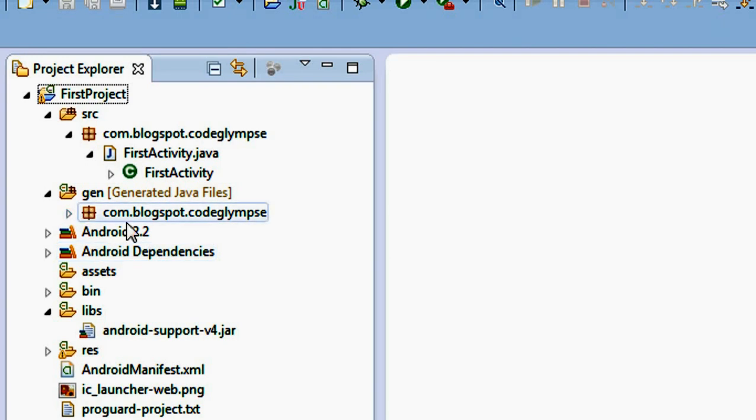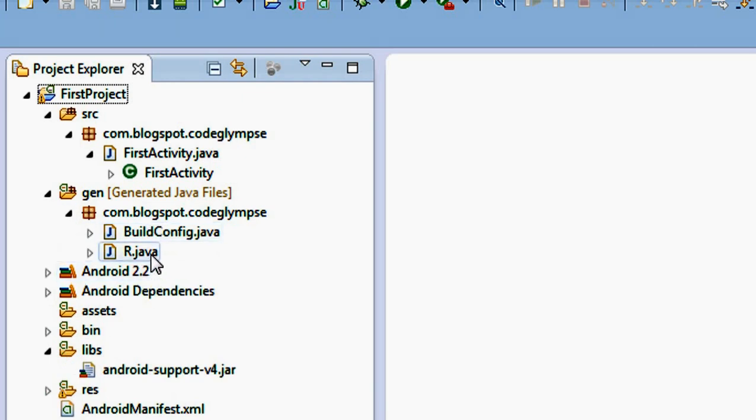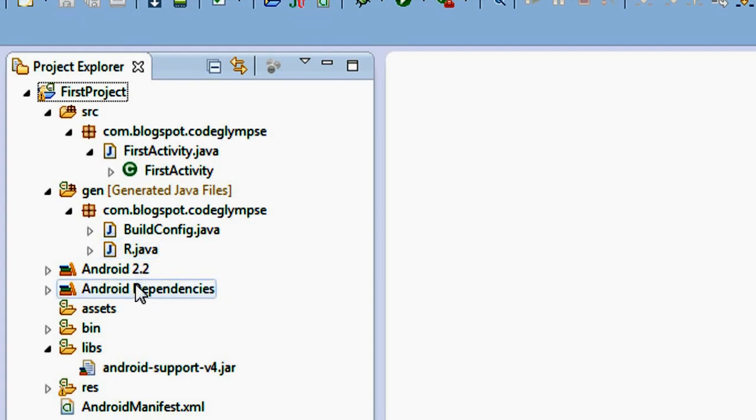The same package is present here. By expanding this package, you can see some other Java files. The main part of this is the R.java file. R.java is nothing but the resource Java file. This file contains all the information about the resources present in your Android project.